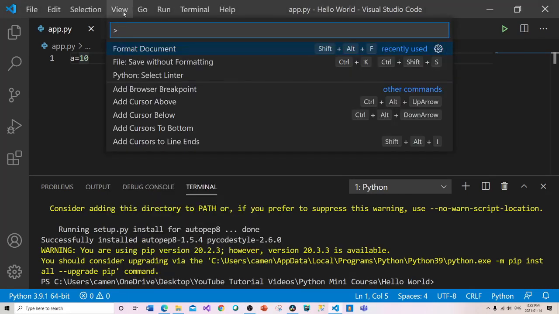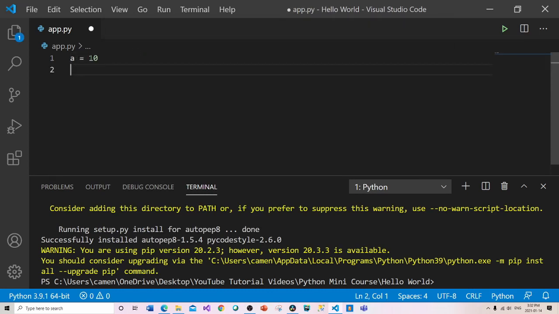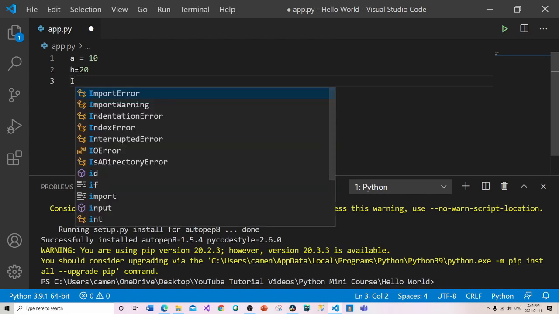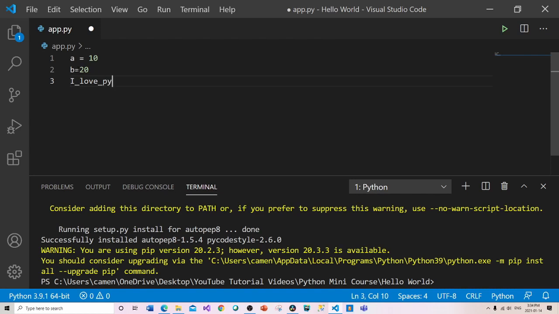I want to go to the View Command Palette, and I'm going to click on Format Document. And you can see here that it actually spaced out that line number 1 code. And this makes it much more automatically presentable for me to read. And I'm going to go ahead and hit Control S. Let's try another couple of examples. So I'm going to say B equals 20. And how about this? I underscore love Python